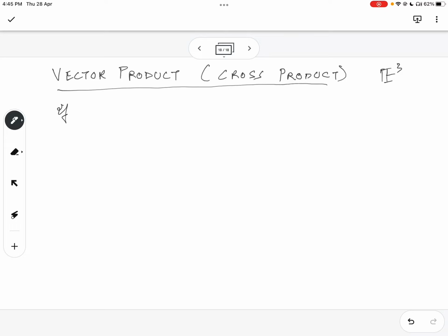So, let's say we have two vectors belonging to the three-dimensional Euclidean space, then the vector product U cross V, which also belongs to E3,